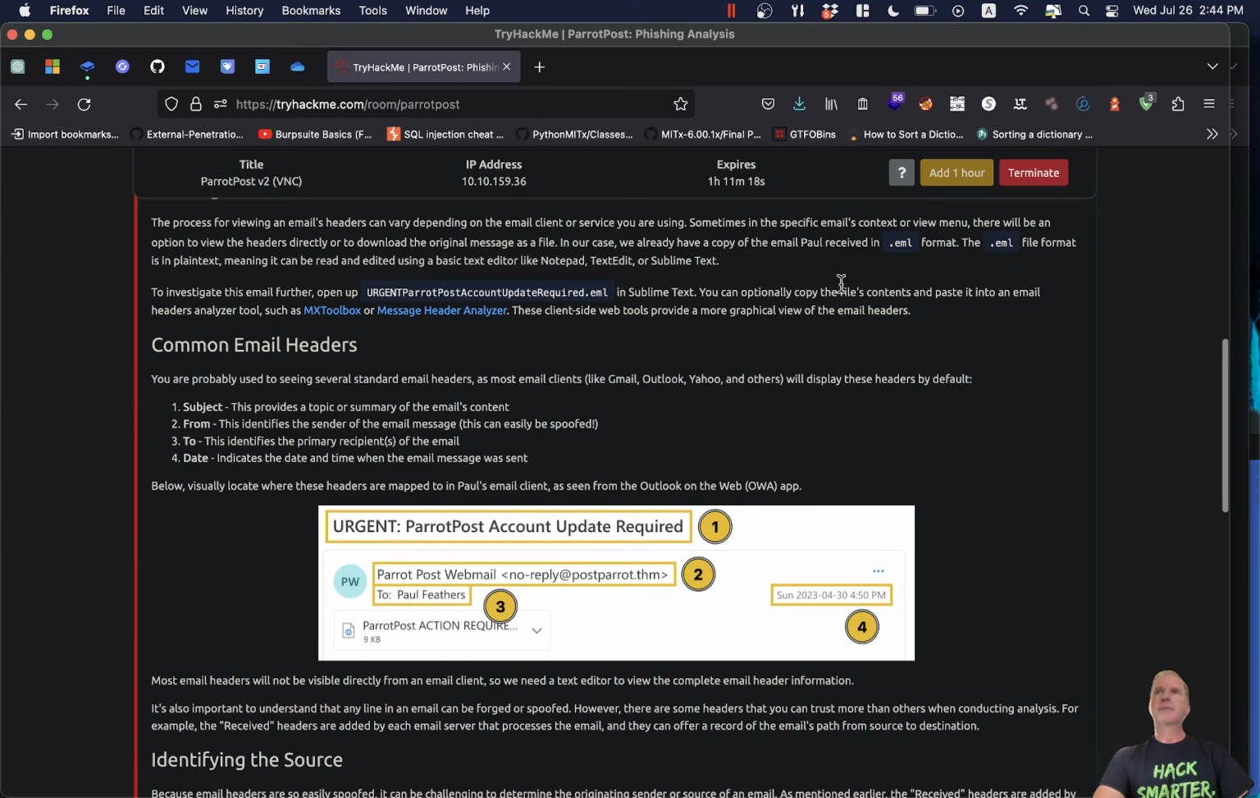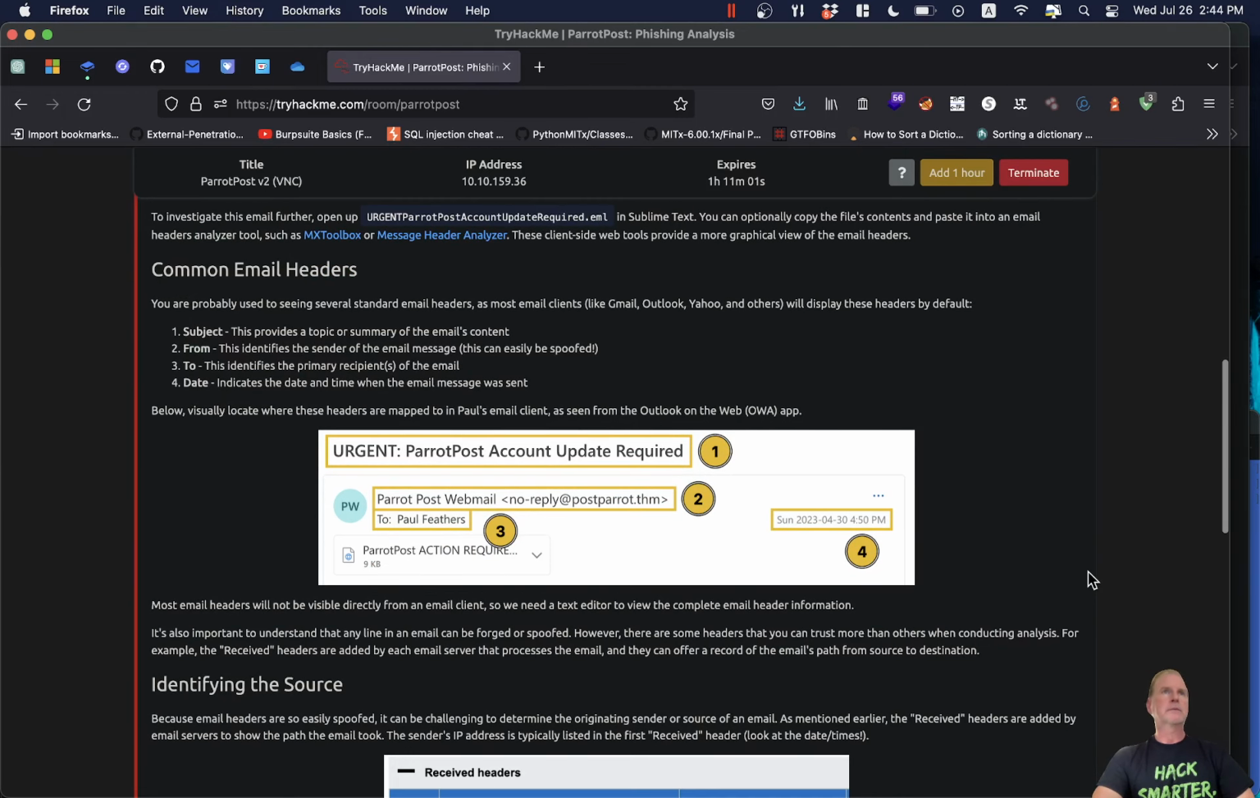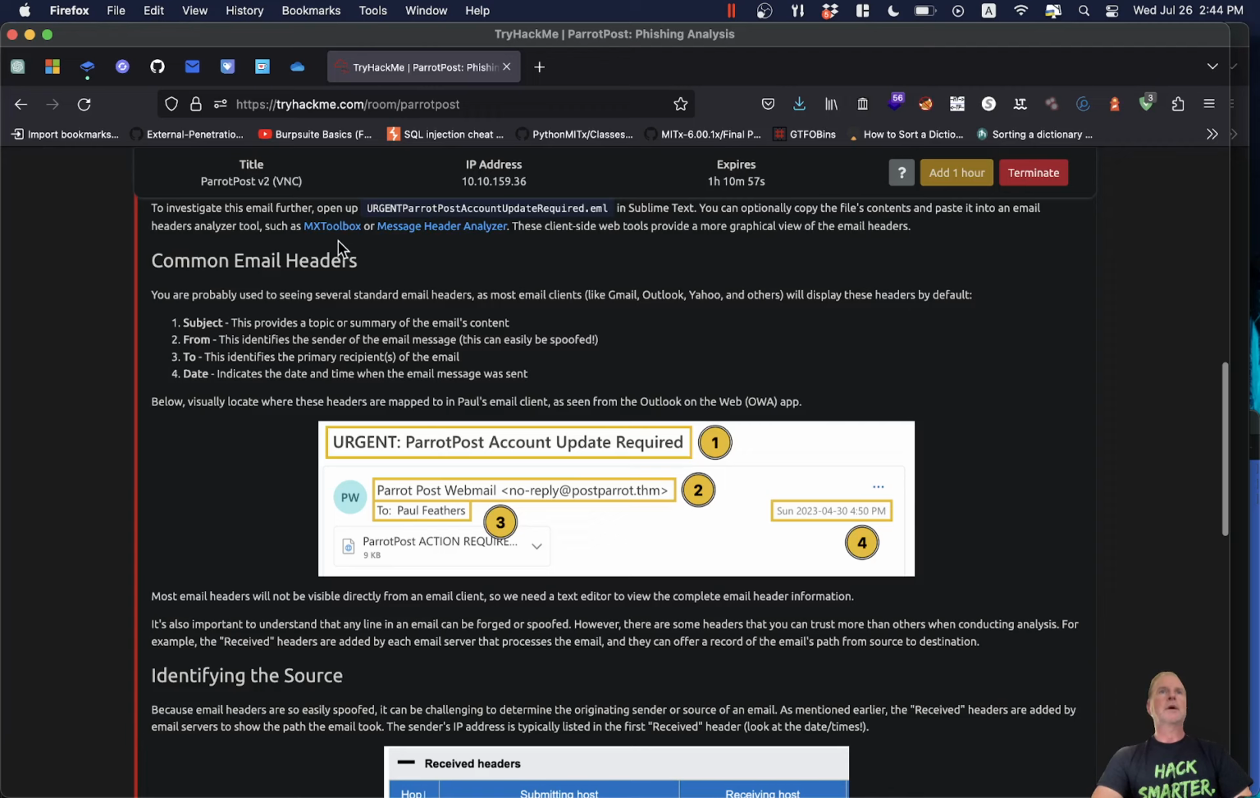So they're talking about EML format. EML format is plain text, meaning it can be read and edited using a basic text editor. So anything, Notepad, TextEdit, Sublime, it easily is rendered in those. So we all have access to them. So I want to show you